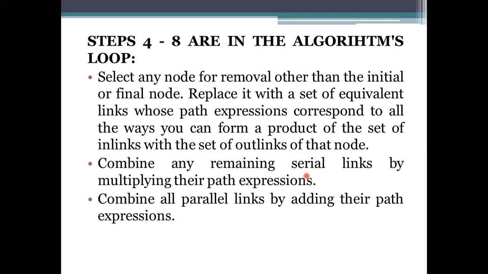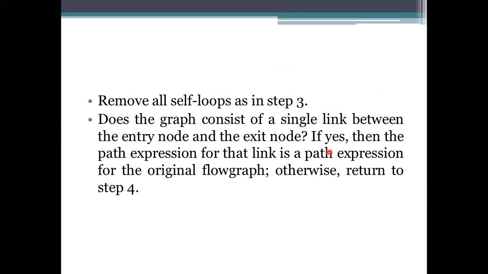And coming to the 4th to 8th, we need to study the links we are having as the path product or the path summation, and whether any corresponding elements are there or not. And we need to go for another version, that is serial links, parallel links, and then self loops, and we need to go for the expression which has been considered. If we do such a thing, then we will reduce the flow graph here.